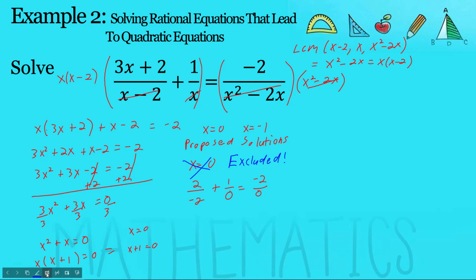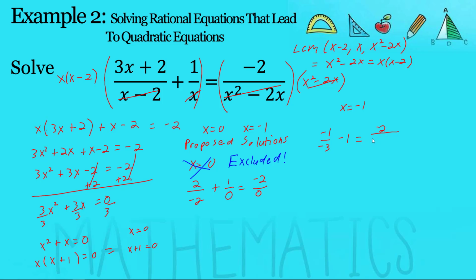Okay, what about x equals -1? Oh, I have a suspicion that will work. For x equals -1, we will have -3 plus 2, which is -1, over -3, over -1 minus 2, which is -3, plus 1 over -1, which is -1, and that's going to be equal to, this is right,